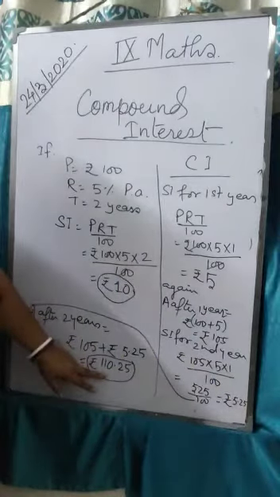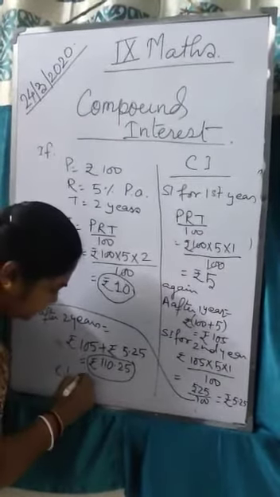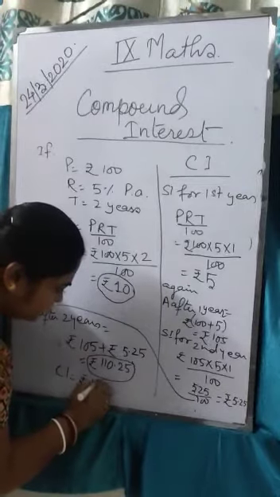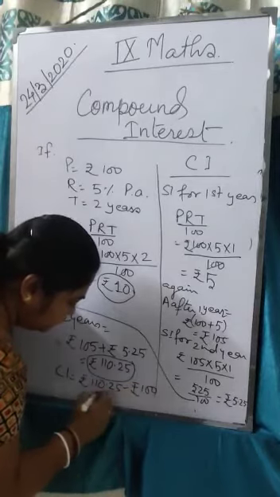And we have the amount as this, and CI is that minus rupees 100, and that gives you